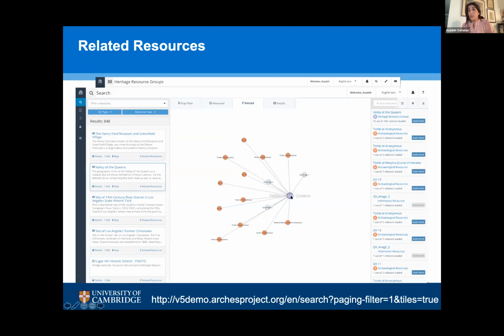So when you look at the list of the sites in the database, you can see Valley of the Queen as one of your heritage resource groups, and all the tombs and other features are related to the parent, or to the group site. And also in this case there are images that are related to my site, but also we could add information about different people who did different excavations and study at the site, or different activities and events can also be added and visualized. And also, when the live database is on, you can choose each one and go to that